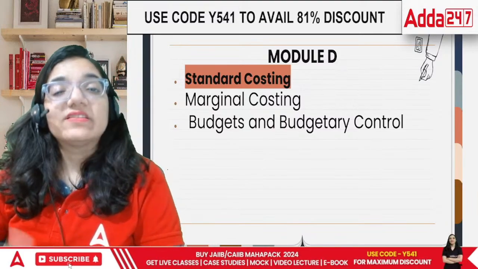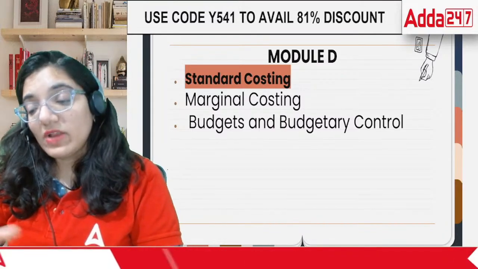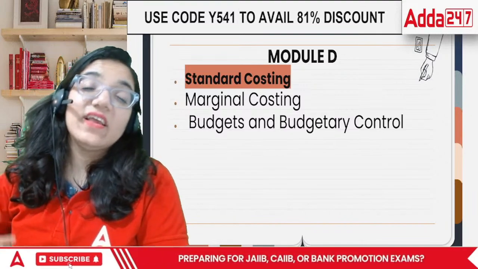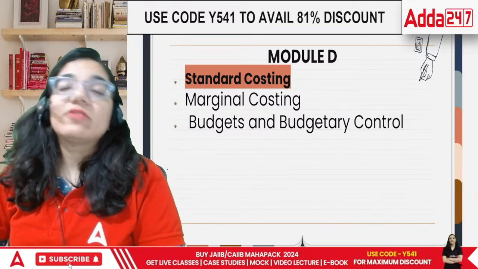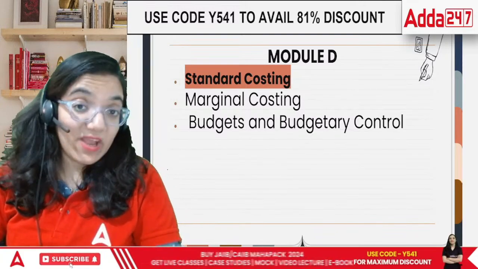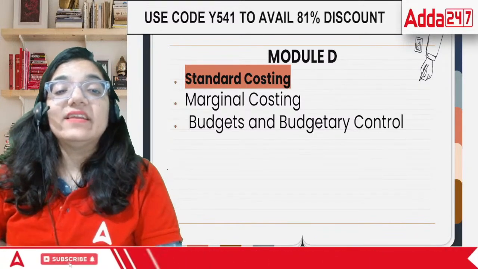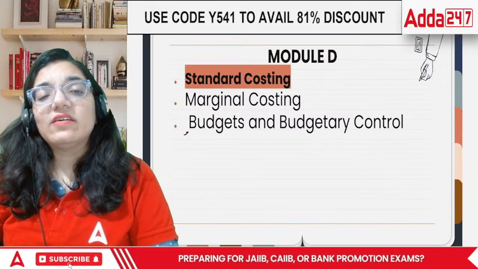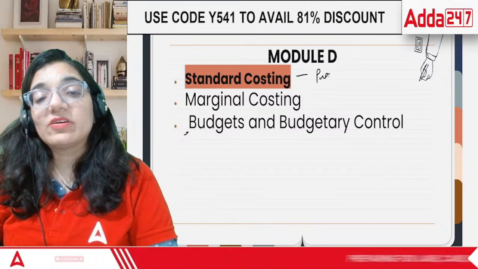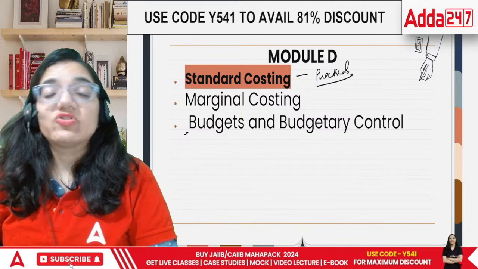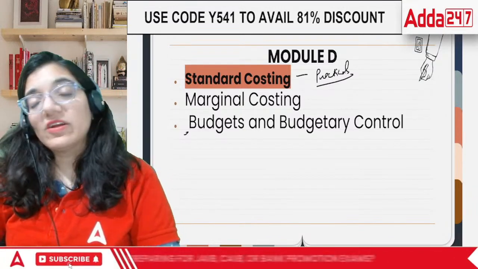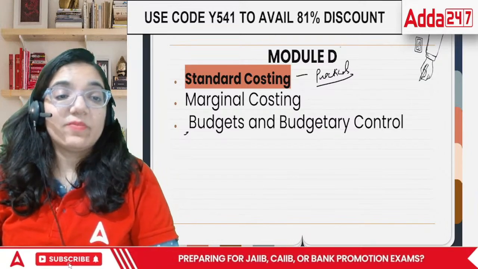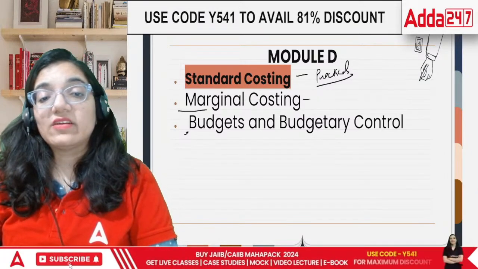After the completion of the class, it's always better you look at your syllabus and then mark the most important ones so that you know which particular chapters you have to give priority to, right? Then standard costing theory, this is a pure practical chapter, a lot of formulas, so it is always better when you start with standard costing, you have your notebook along with you. Then the topic is marginal costing, numerical questions can be asked.